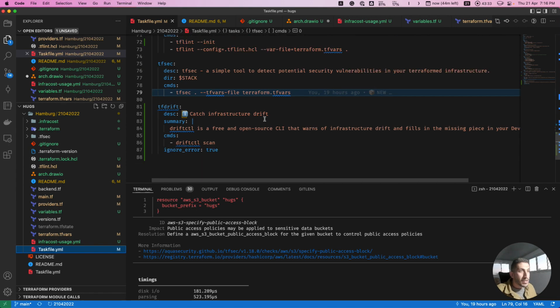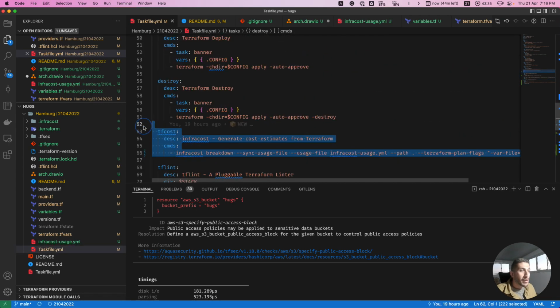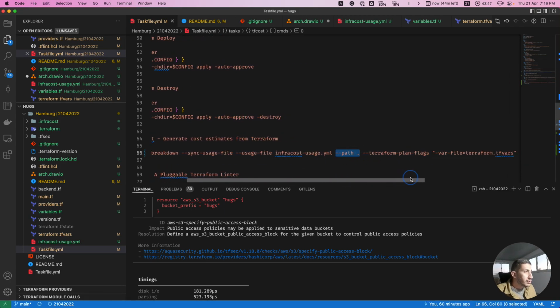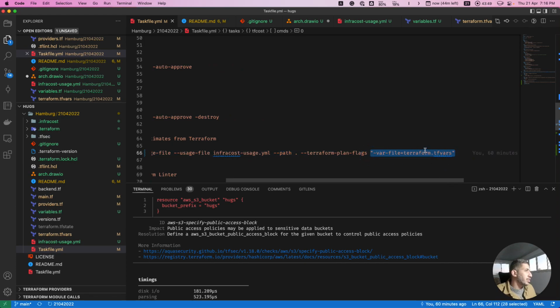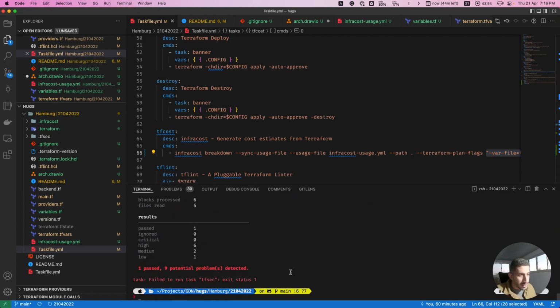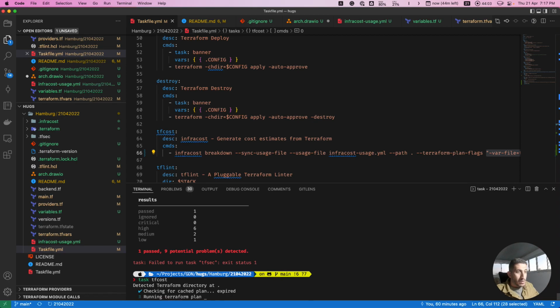Back to our task file, if we can check. Okay, we have a long Terraform infrastructure command that is already documented and passed down. So we're going to run that against the local path, and we pass down the Terraform .tf files. This is a silly dummy file, nothing there, but let's see. So the task, we can call it task tf cost. Yes, so it will run Terraform plan for you.